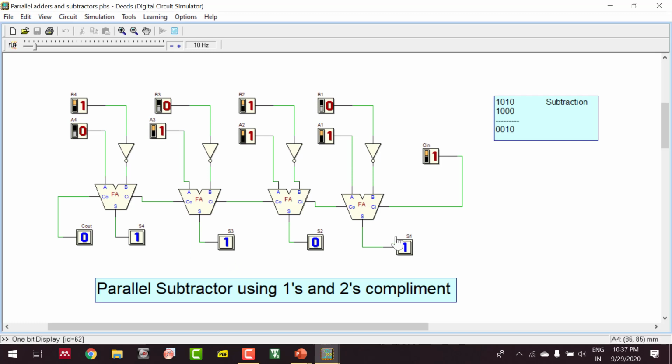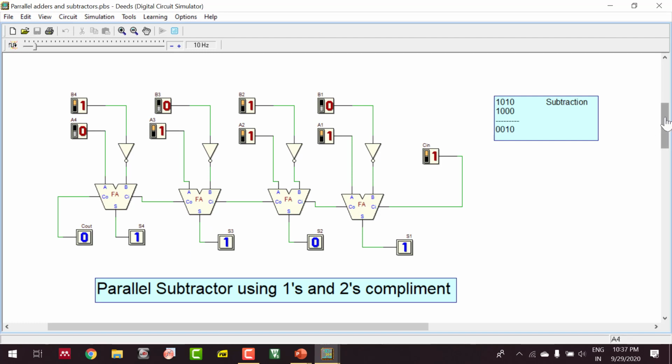In that case, what you are going to do is first complement. That means 0, 1, 0. Then you are going to add 1. That means you are going to get 0, 1, 1. That means you are going to have a 3. Whatever value you are able to see here is equivalent to minus 3. So you can verify even negative numbers also, just by considering the carry at the fourth bit here. This is how you can perform the 1's complement and 2's complement arithmetic using a parallel adder.